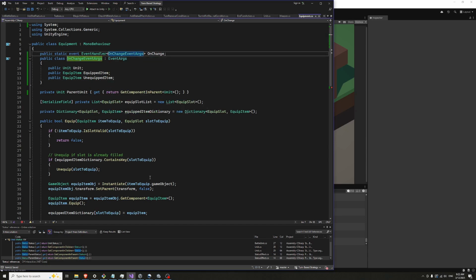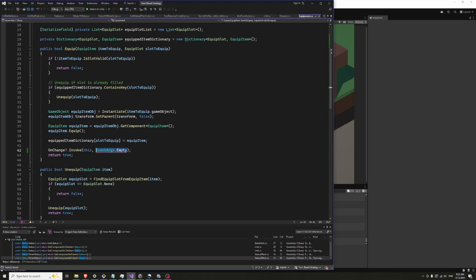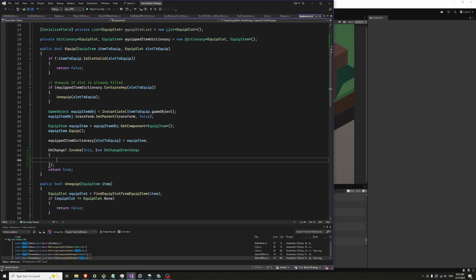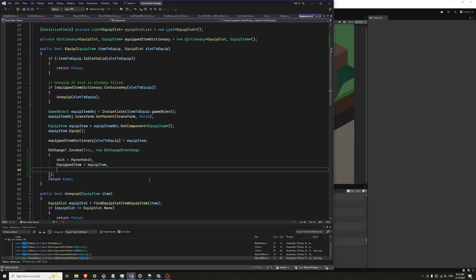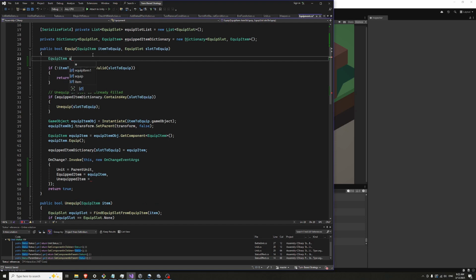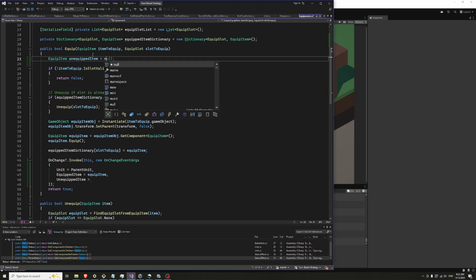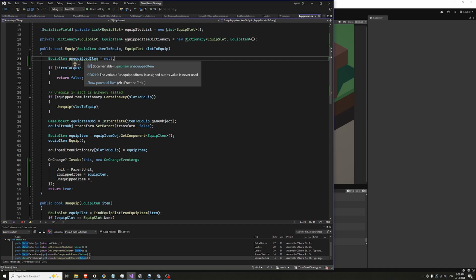On change, so we'll get rid of this and we will say new this unit is equal to parent unit, equipped item equals, unequipped item equals, we'll set equal to null at the top here,